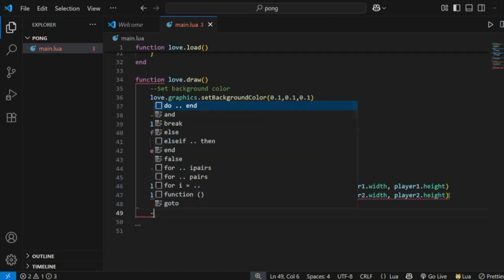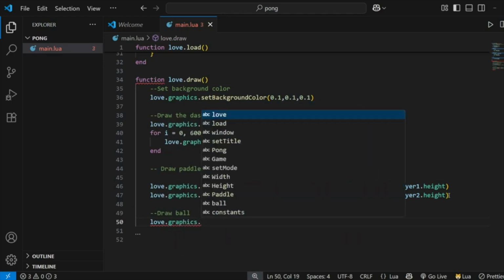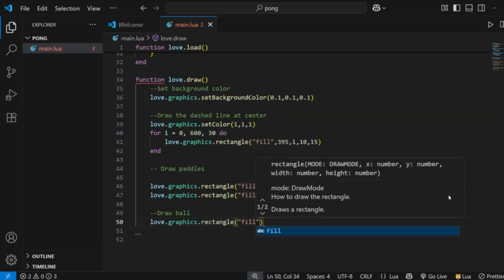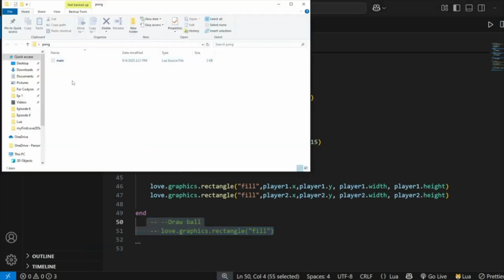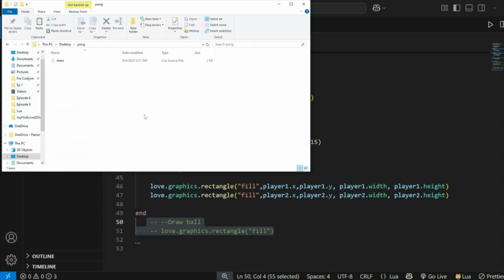Let's draw the ball. So draw ball. love.graphics.rectangle. Our ball will be a rectangle as well. It will have the fill method. Okay, before drawing the ball, let's see if our paddles have been drawn or not. So for executing this, we will create a batch file. So let me just copy this batch file from our previous episodes onto our new folder. So it was Pong, right? So yeah,